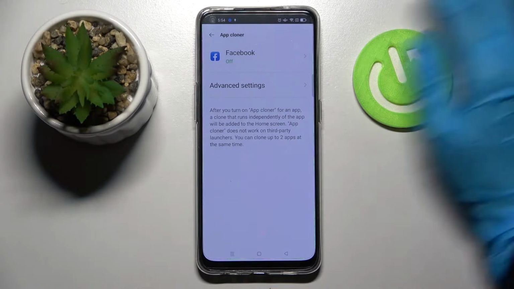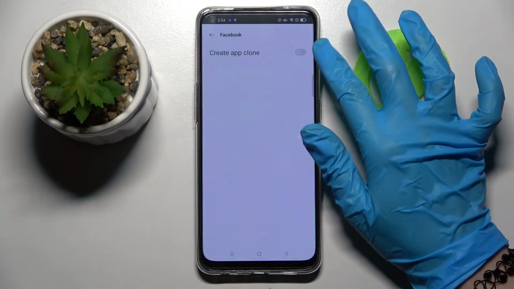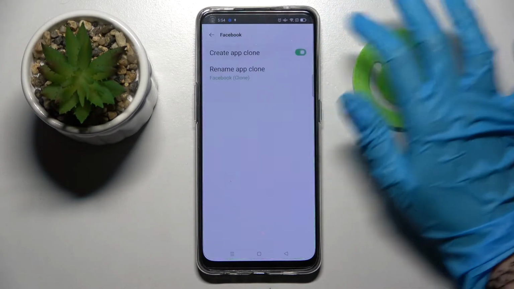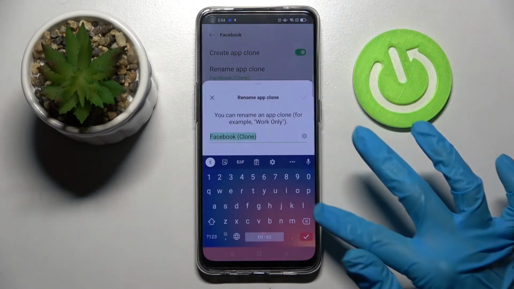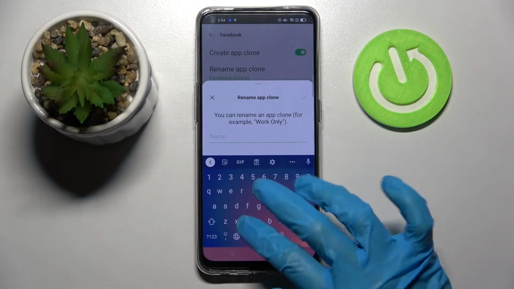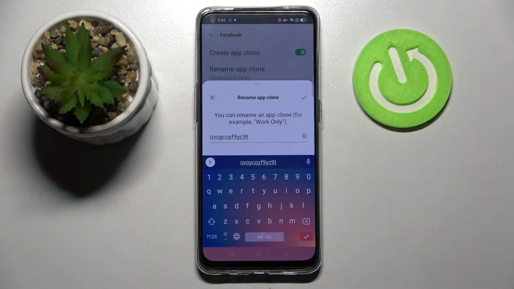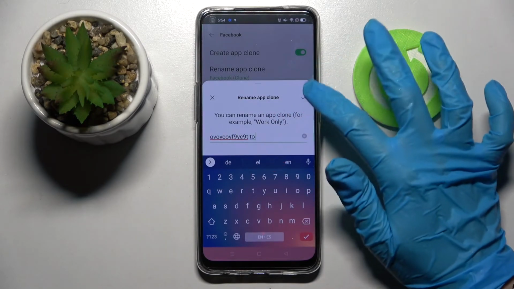In my case, it's only Facebook, so I have to click on it and tap on the switcher next to Create App Clone. Then wait. After that, choose Rename App Clone and name your second app however you wish to. I will go with some gibberish, so now I have to save my changes by clicking at the top right